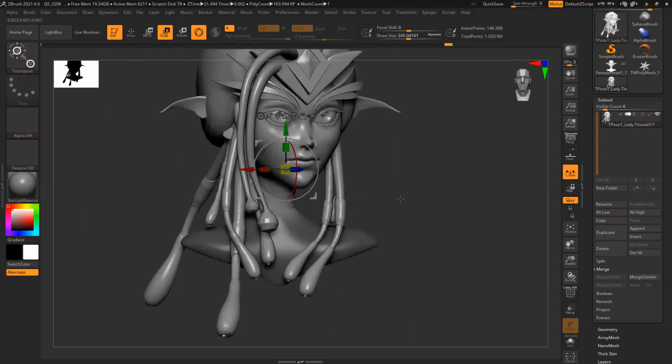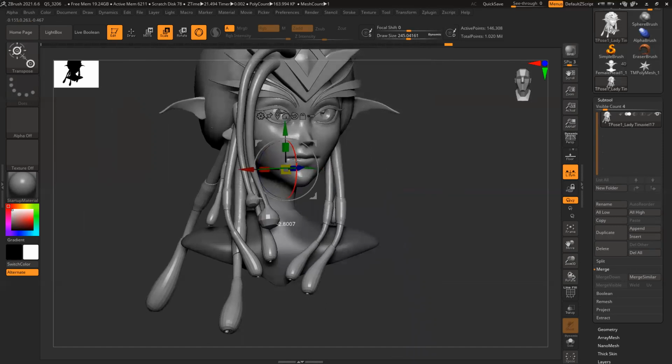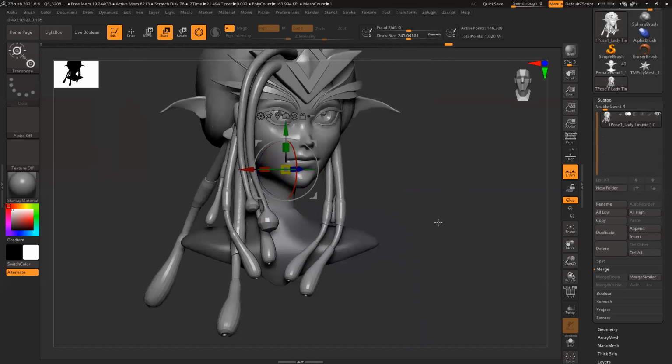Rotate. You can make it slightly up and down, whatever I want. Deselect, Control Shift click outside.